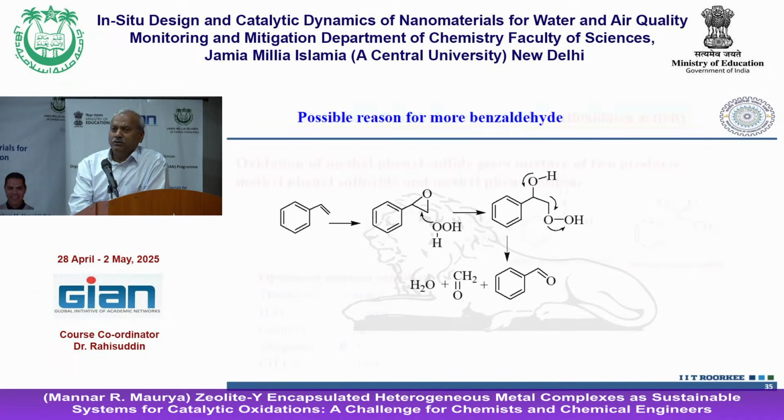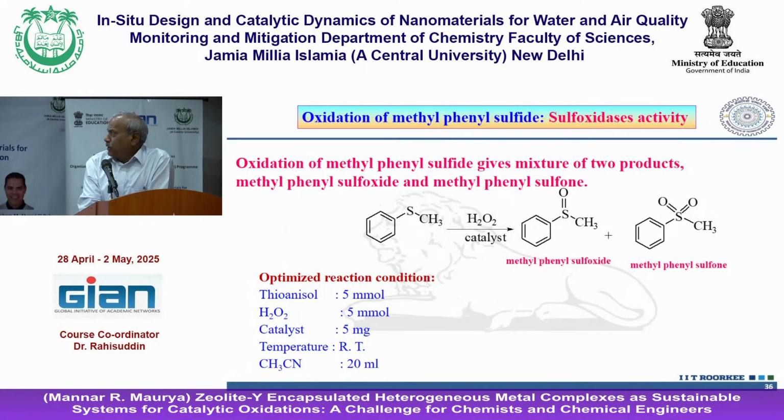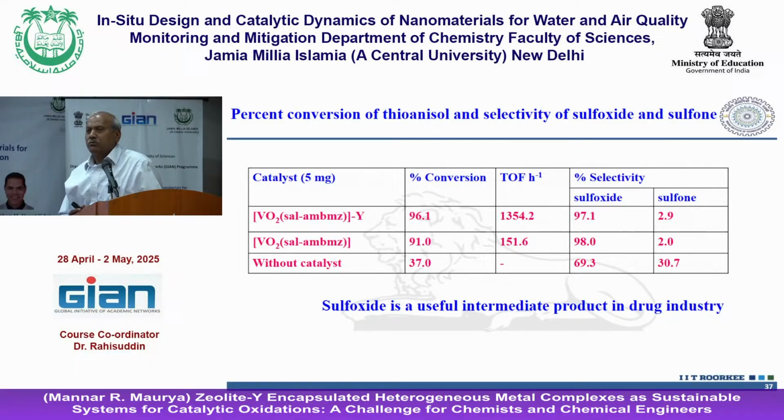Now, the reaction I talked about in the morning. We wanted to see whether this is working with this condition also. So we have taken sulfide, and we are able to convert it even at room temperature. See, the optimized condition is already given here. Okay, and for 5 millimole of the substrate, H2O2 requires only 5 millimole, at least a very small amount. Room temperature in acetonitrile, this is giving very good results. Okay, conversion more than 90%, very good result, and giving sulfoxide in very good yield, which is the expected one,